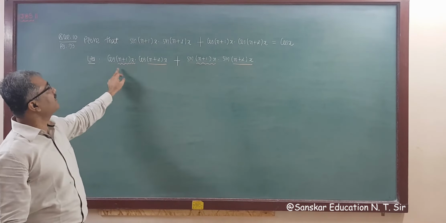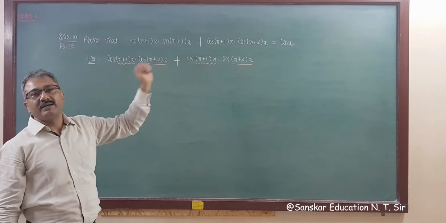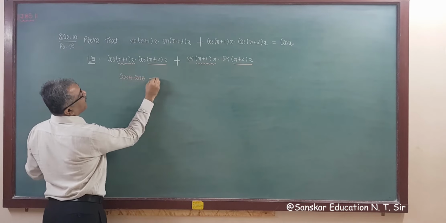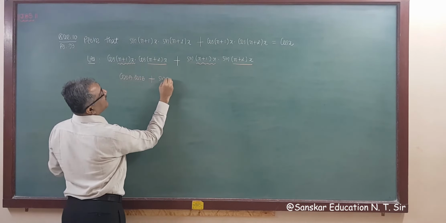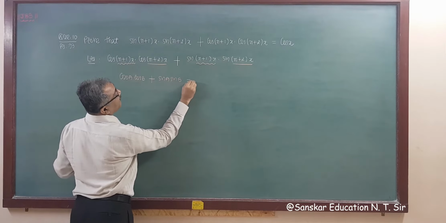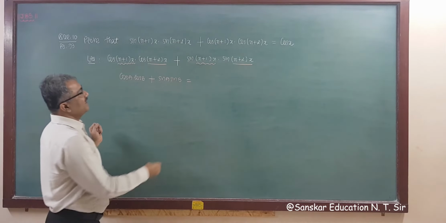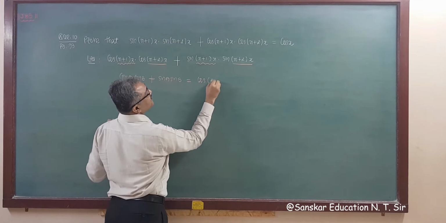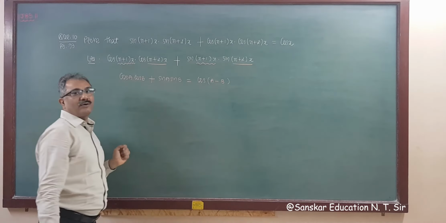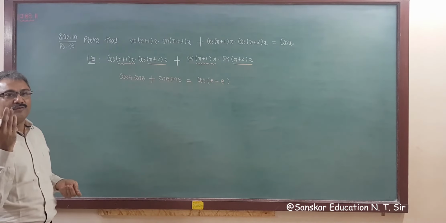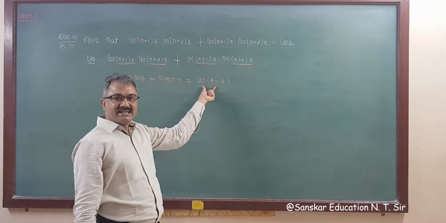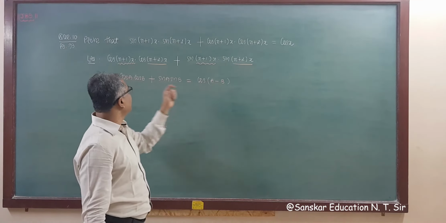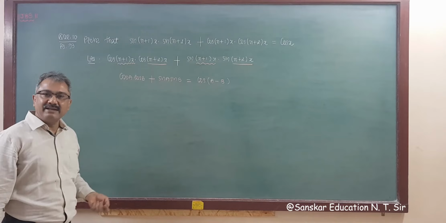So this is the formula for cos a cos b plus sin a sin b. So cos a cos b plus sin a sin b is the formula for cos, and if it is plus then we have to take minus: cos(a minus b), right? We have 4 formulas for this type of cos and sine, 2 for cos and 2 for sine. So another is cos(a plus b), then this is minus, and sin(a plus b), sin(a minus b).